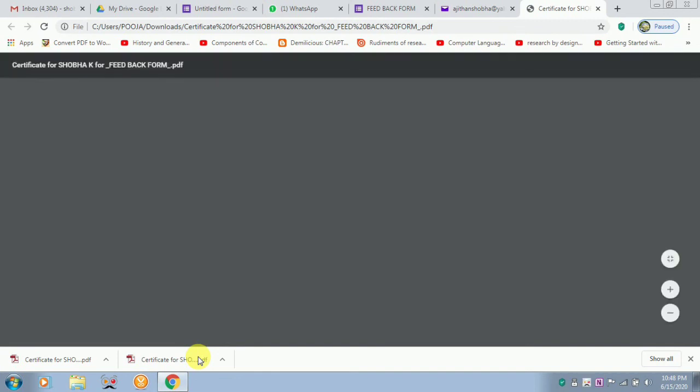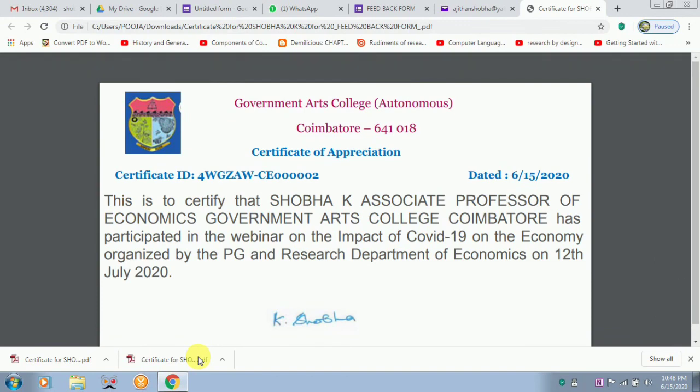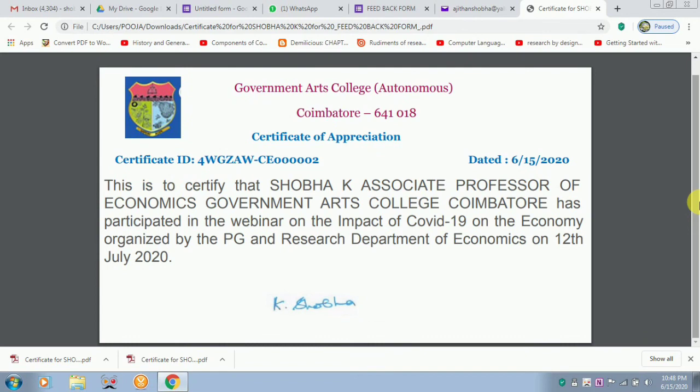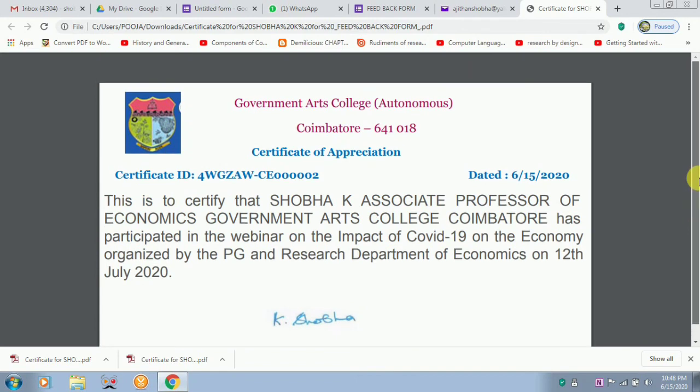So it's taking time. So this is to certify that Shobha K, Associate Professor, Government Arts College, has participated in the webinar on the impact. So it has come out correctly. That shows there is success in linking the certificate with the feedback form.